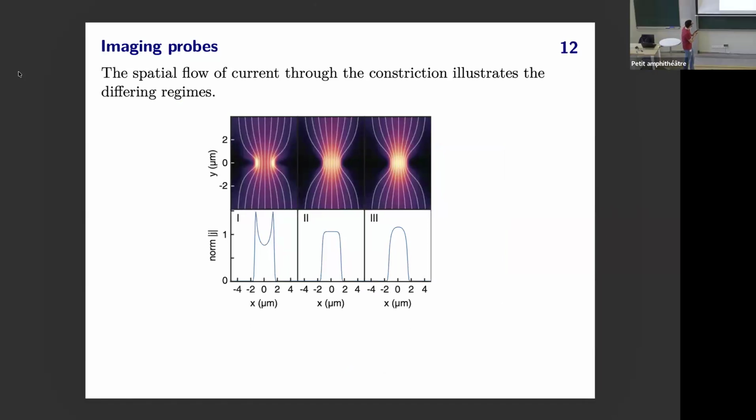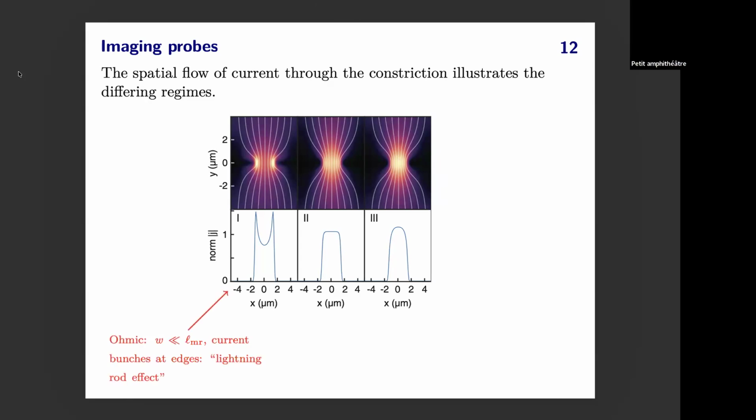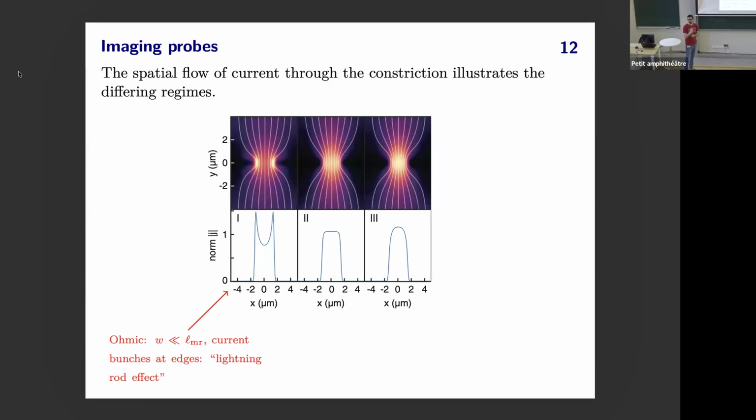If we go to this constriction experiment, in principle one can, and we did back in 2020, do imaging experiments on this geometry. I'll show you a follow-up experiment because the data is a bit cleaner, but here's the theoretical prediction, at least for the constriction. If you can image the flow pattern through the constriction, depending on the resolution of your sensor, you could clearly distinguish an ohmic flow, where you have this double-peaked structure. The current is concentrated near the edges of the constriction.